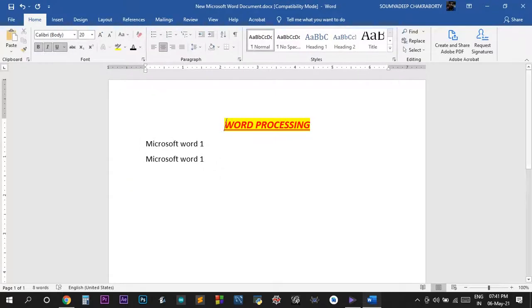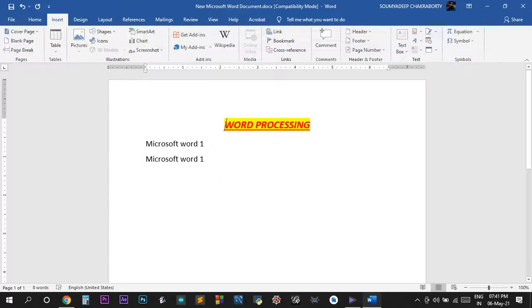So we will do up to this today, just the basics of word processing, and next day we will be learning headers and footers, like inserting headers, inserting footers. From Insert, headers, footers, page numbers. A little bit from here on inserting icons and inserting shapes. We will discuss a little bit about this also in the next class.